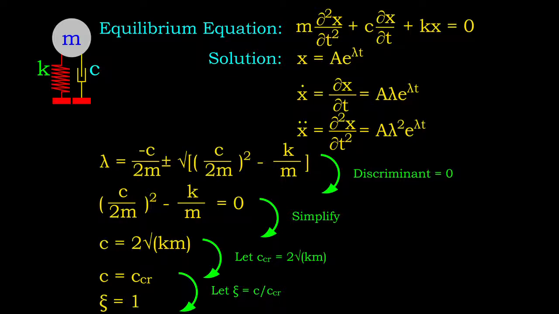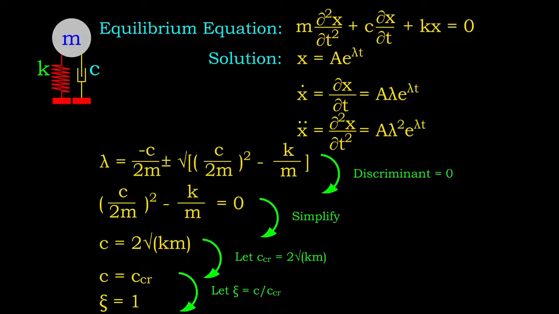Let's introduce a term critical damping to represent the value of C under this situation. Damping ratio of a system, on the other hand, equals to the ratio of system damping to critical damping. When discriminant is 0, the damping ratio of the system is 1, and thus the roots for equation are real